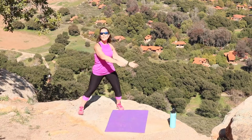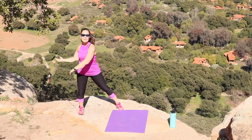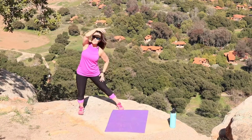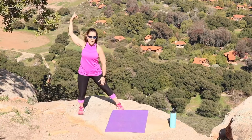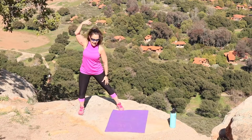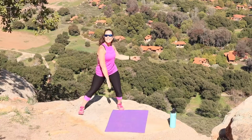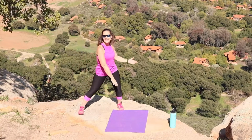Then give me a single, and a hold. Right here, left, right, and then hold. And then right, left, and hold. Just lean into the hips. Again, left, right, and then really sink in through the legs. Reach, over,